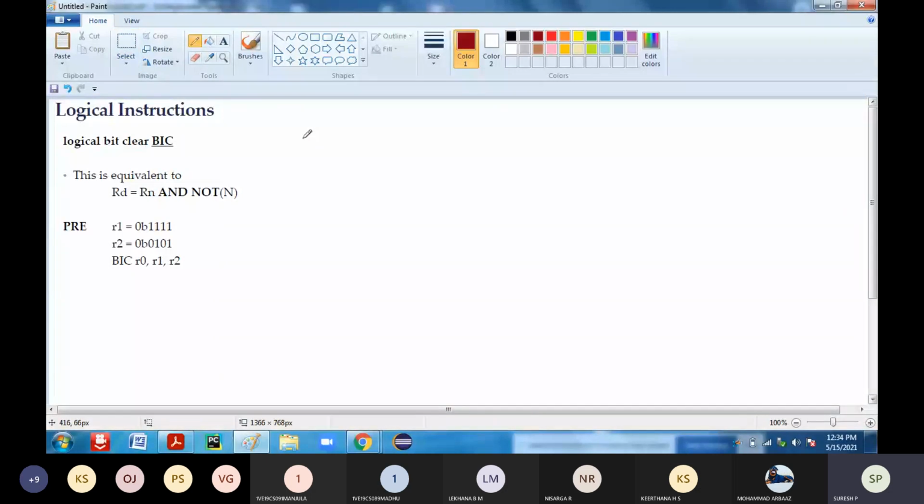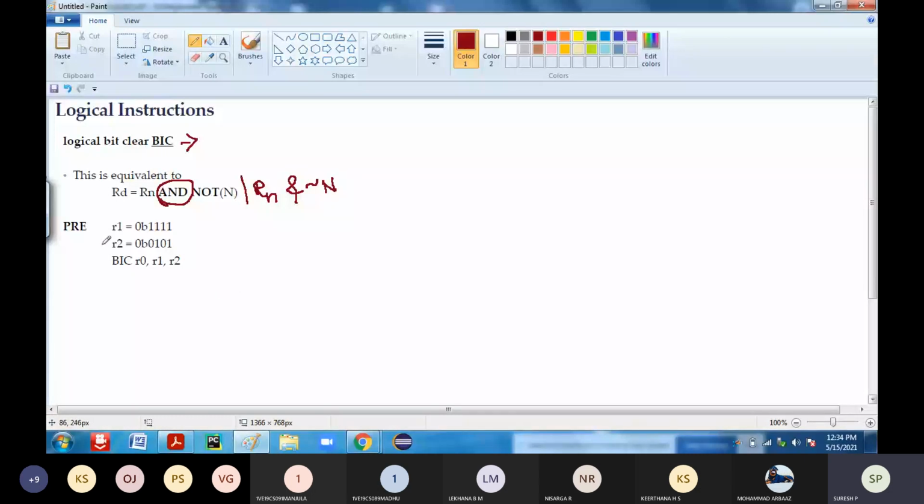BIC stands for logical bit clear. So this is equivalent to what? RD is performing the AND operation, that is Rn performing the AND operation with respect to the complement of the n value.